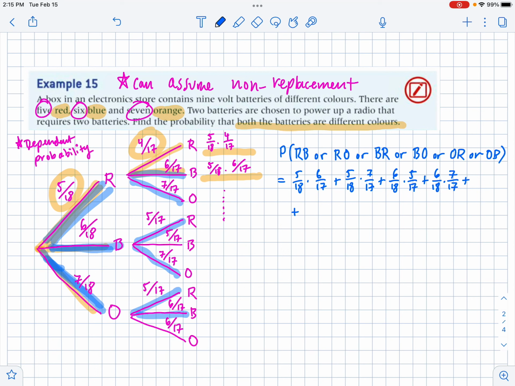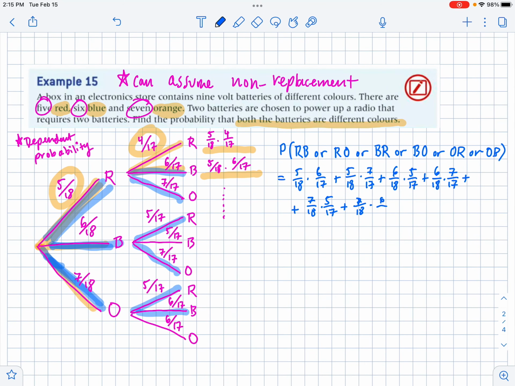So this will be plus orange, red, 7/18, 5/17, plus orange, blue, which is 7/18 times 6/17. So when you multiply all of that together